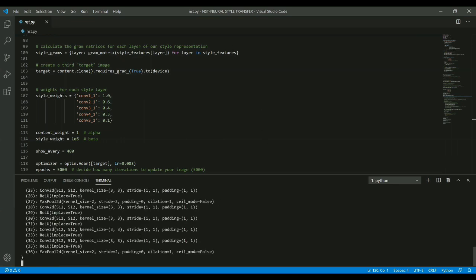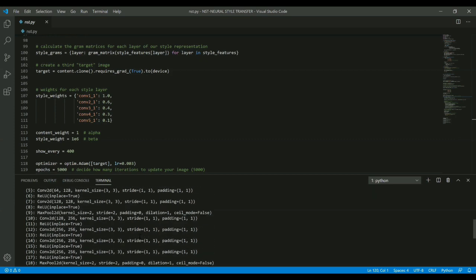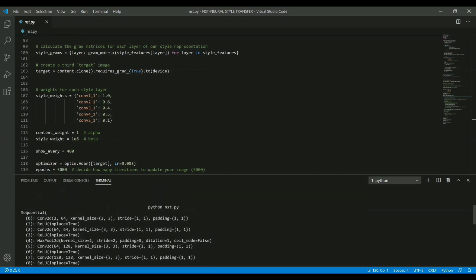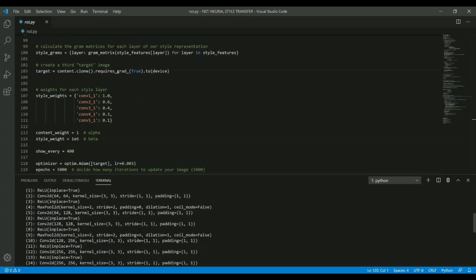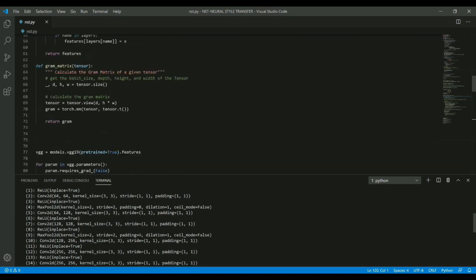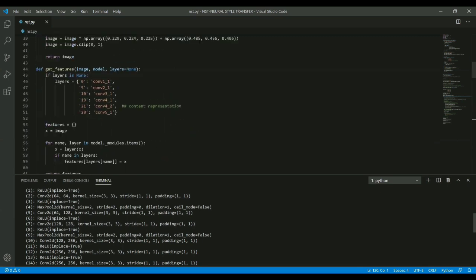So this is the implementation. The execution starts taking place. Here we are looking at different layers of a convolutional neural network. As VGG is built on top of a convolutional neural network, we are able to see the different layers and what happens in each and every layer.